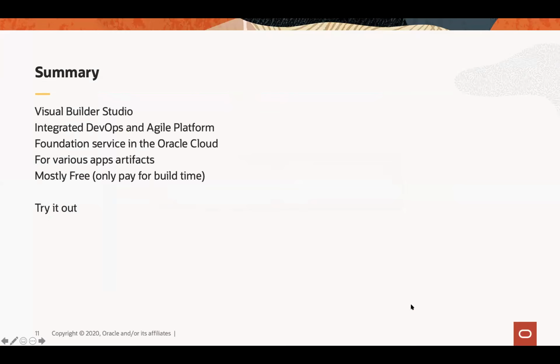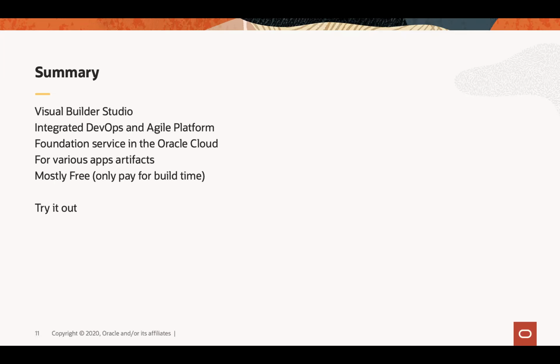Okay. So this is Visual Builder Studio. It's for any type of application. I showed you this on an Edge application. I have demos that you can find on the web, for example, for how to use this to manage SQL in your database, creating packages and tables and populating data. I have demos that show how to use this for Docker images and other things. Just look up DevOps for technology with the word Oracle next to it, and you're likely to find those demos.